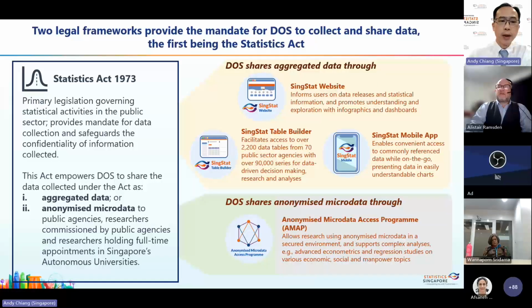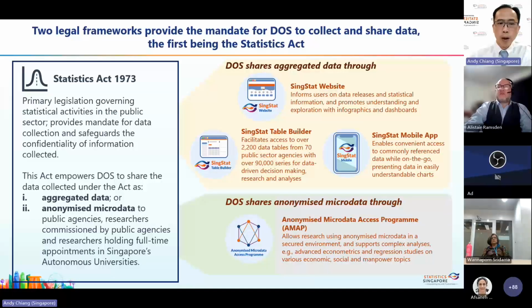And specifically, it allows DOS to share data collected under the Stat Act as aggregated data and also as anonymized microdata, which can then be shared with public agencies, government researchers, or commissioned academic researchers, as well as non-commissioned academic researchers in Singapore Autonomous Universities to be able to access the unit record level data to do research,